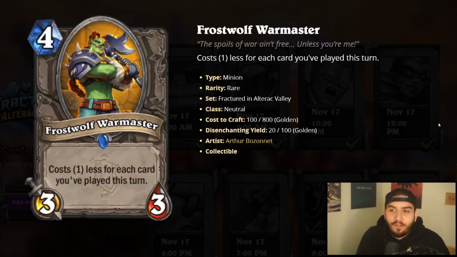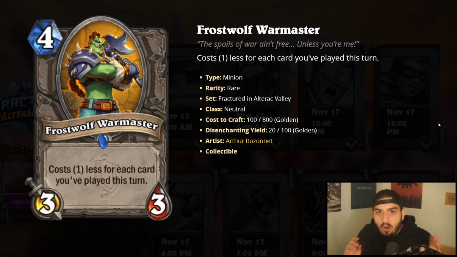Next on the list is Frostwolf Warmaster. 4 mana 3/3, costs 1 less for each card you played this turn. Now, I think a lot of people don't really see this card as that strong, but I couldn't disagree more. I think this card in Rogue is disgusting. Rogue is getting a lot of aggro tools this expansion, and you could easily make this card on turn 2 a 0 cost card. So not only are you doing all your crazy Rogue stuff early on, but you're also developing a 3/3 behind it,